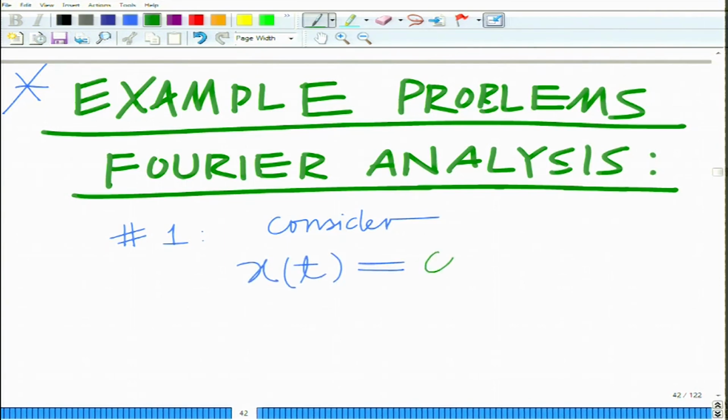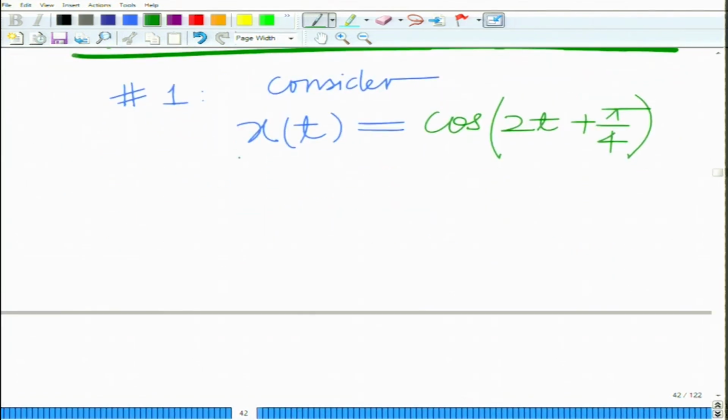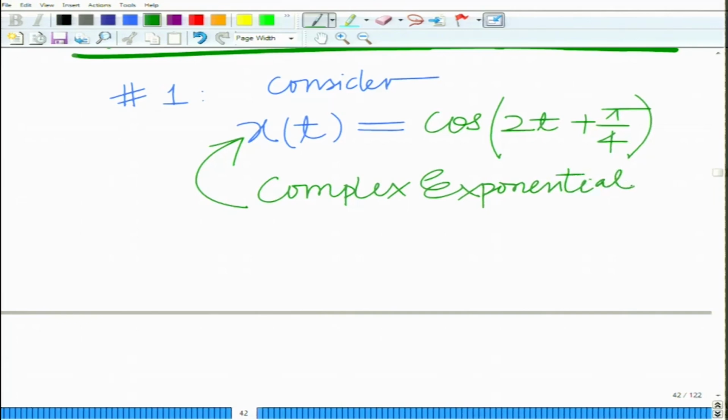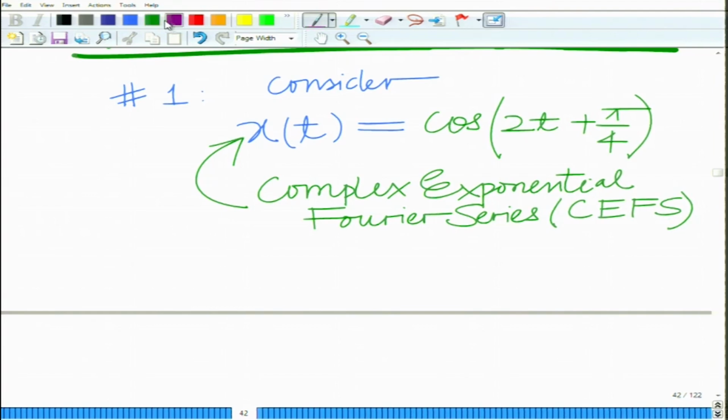x t equals cosine two t plus pi by 4. We want to obtain its complex exponential Fourier series, or what we can abbreviate as the CEFS. We want to obtain the CEFS for this given signal, that is x t equals cosine 2 t plus